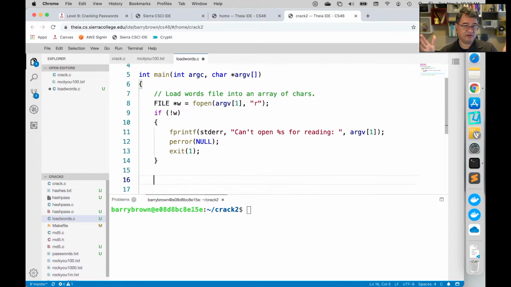And now we've got our first problem to solve, which is how do we pull that entire file into memory? We know how to read it in one line at a time, and certainly we could do something like that. We could read it in one line at a time, and then every time we get a line, we can just sort of append it onto the end of this giant array that we're building up.